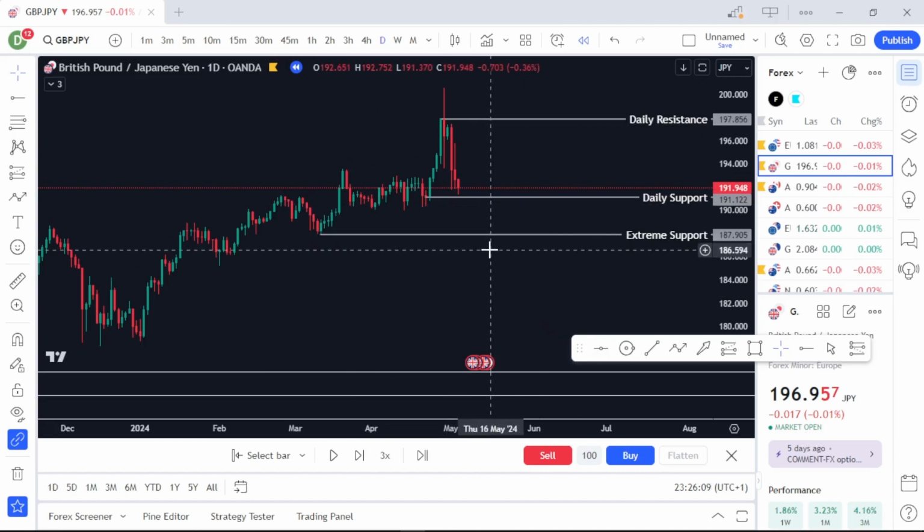So now that you have this one on the daily time frame, the next thing we need to do is go over to the 4-hour time frame as well. The reason why I need to mark the areas on the 4-hour is simply because every single candlestick on the daily time frame represents 24 hours of movement. And as a day trader, you don't have to hold your trade for too